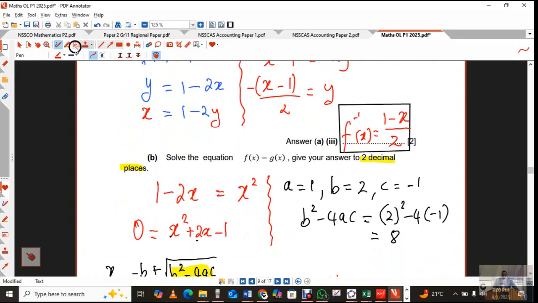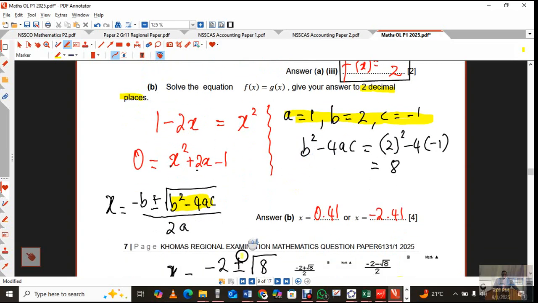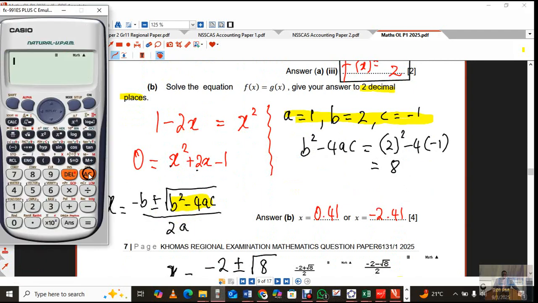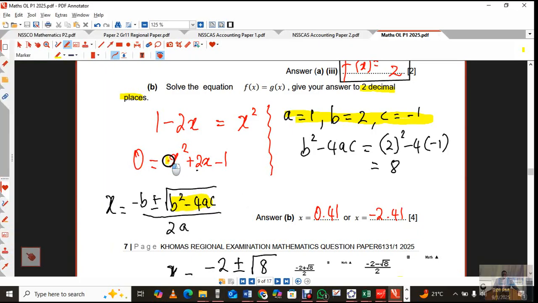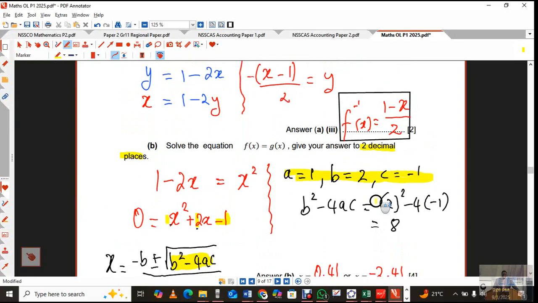And then you just start substituting right from the beginning the values of A, the values of B into that formula as long as you get to the answer. Just to show you something quickly that's really cool about this calculator that I'm using. It can actually do it for you, right? So this is my 1, that's my 2, that's my negative 1, or my values of A, B, and C,